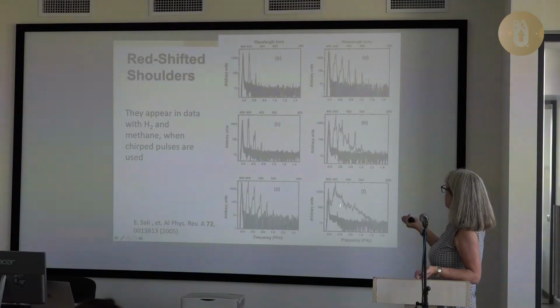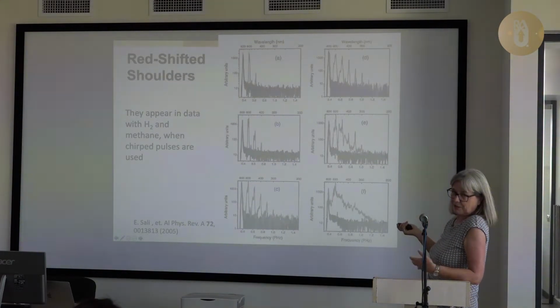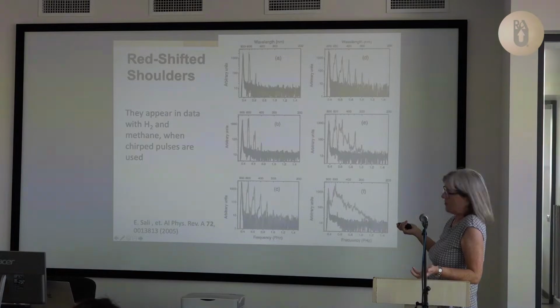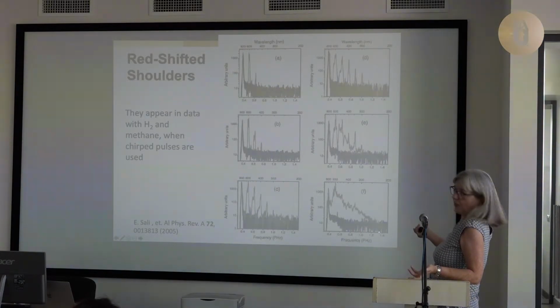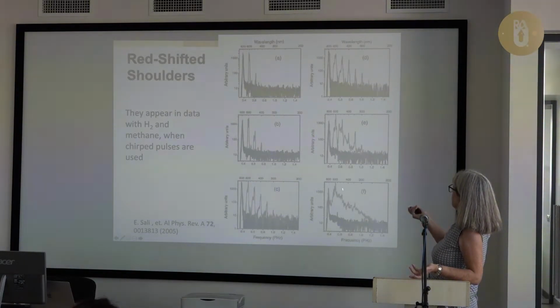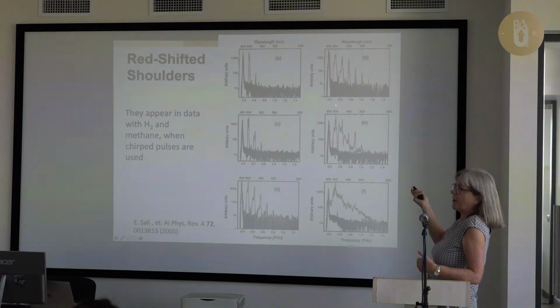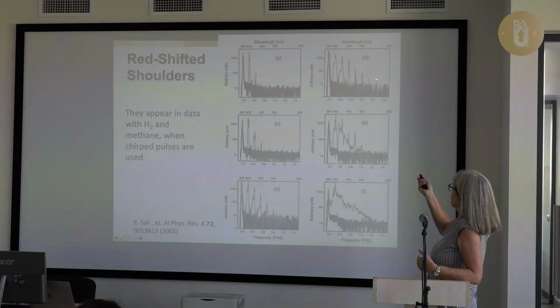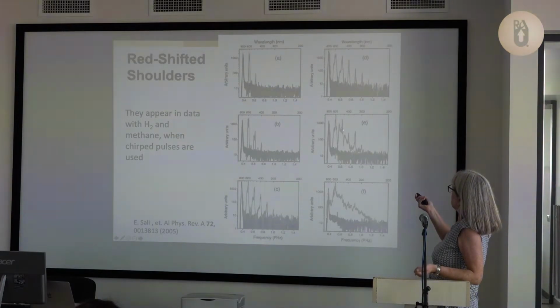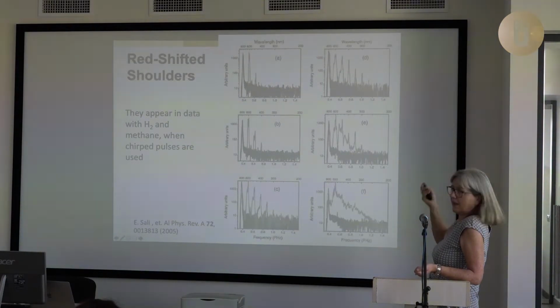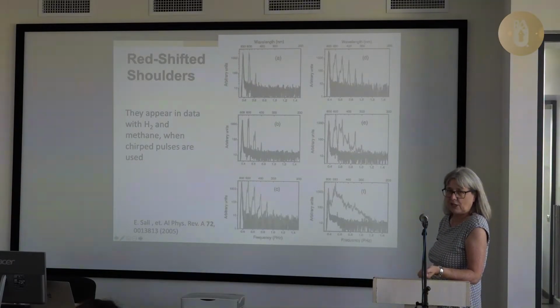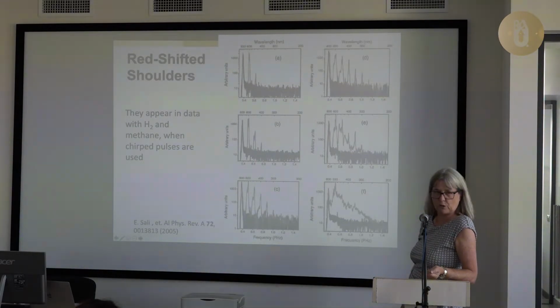And then they changed the chirp. So this is one of the places we look to see, okay, we should chirp our pulses. If you go with short pulse, you only get continuum. The more you chirp it, the longer the pulse, the more individual orders you get. But note that they see these red shifted shoulders. Some of them are quite big. They also seem to see these dips in the otherwise continuum on the blue side. So they sort of agreed with us.